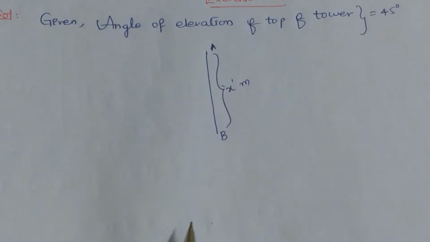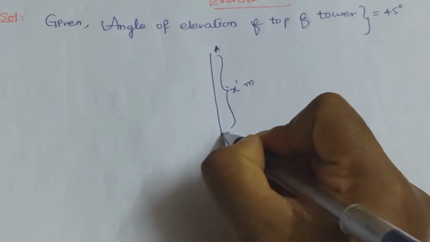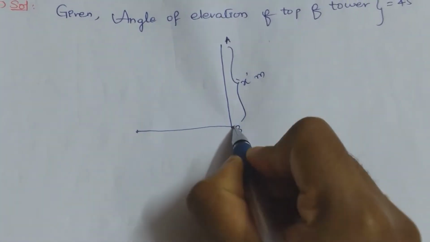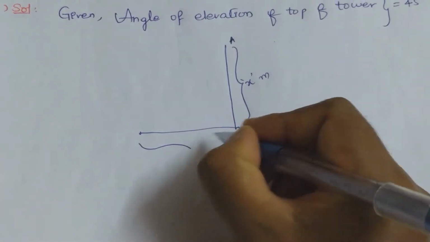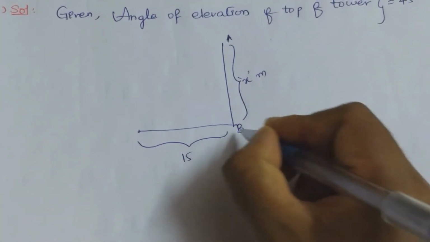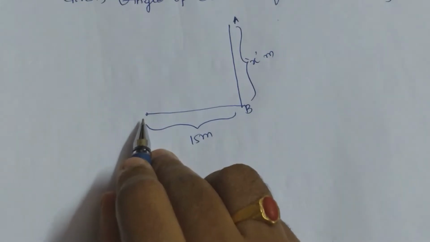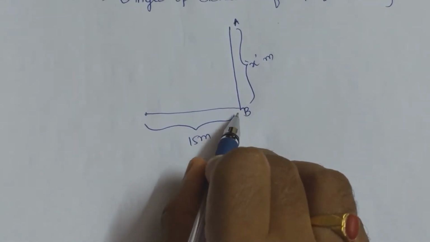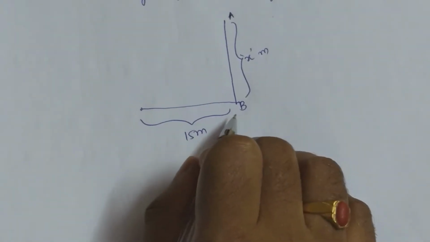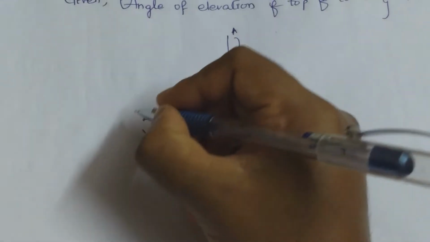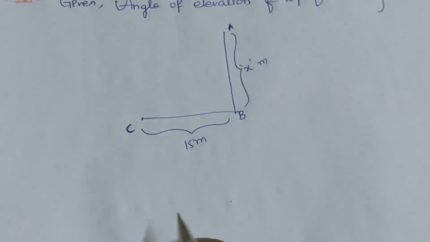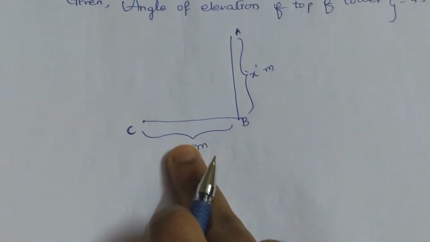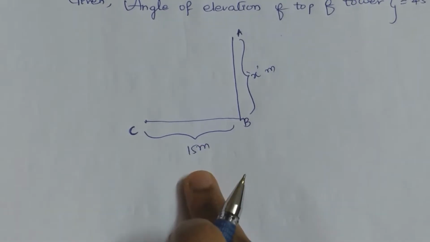Okay, so they told that from the foot of the tower a point is there. That point is how much distance away? It is 15 meters away from the foot of the tower. So a point is plotted against 15 meters from the foot of the tower. So from the point B at a distance of 15 meters, plot another point C. Okay, so from this point to the foot of the tower, the distance should be 15 meters as per the information given in the question.